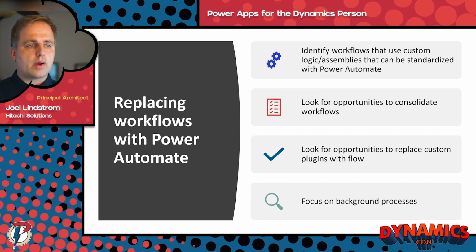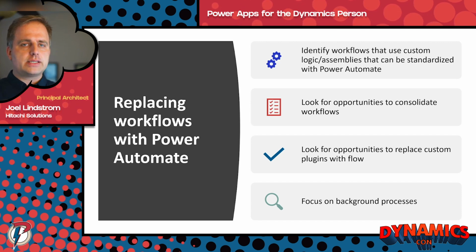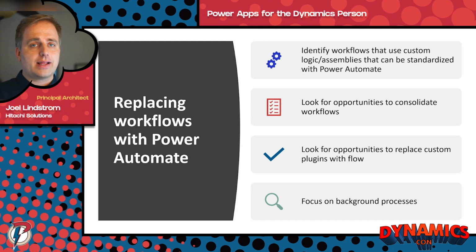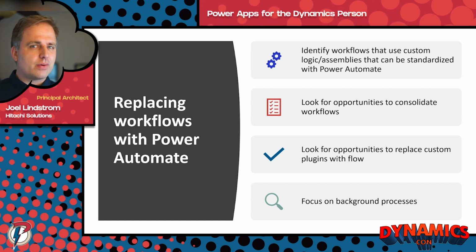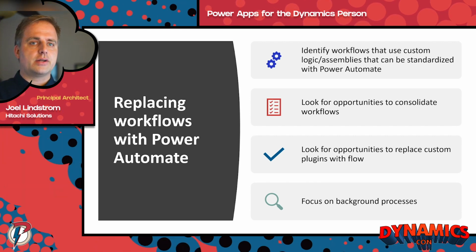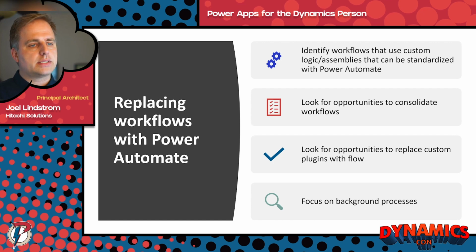So for especially background processes, what I like to do is start with the big ones first, because everybody's got a million different workflows. And a lot of them are very simple, like, let's send somebody an email when this happens. Those are fairly simple. But for the ones that we might have, back when CodePlex was a thing, a lot of people got workflow assemblies from there and used them when they were pseudo unsupported code. Those are really good candidates, or things that you might have written your own workflow assemblies to do that you now can do with things like list records and relate and non-relate record steps.